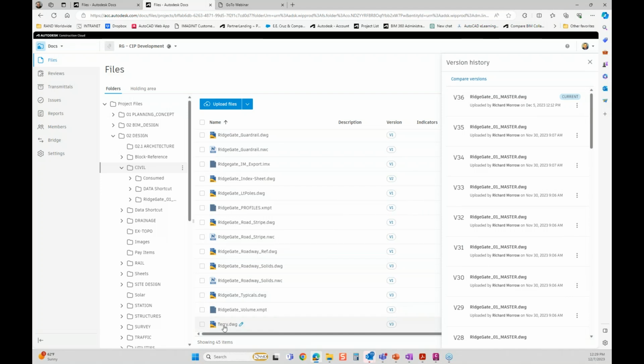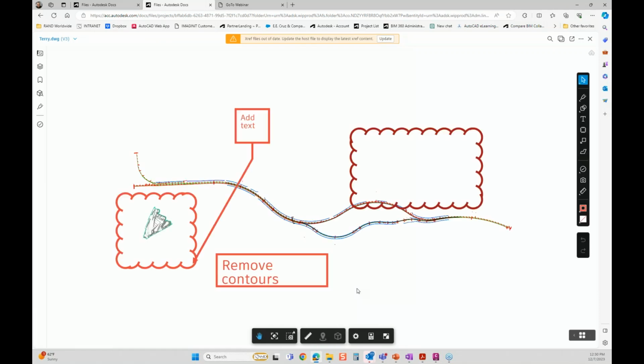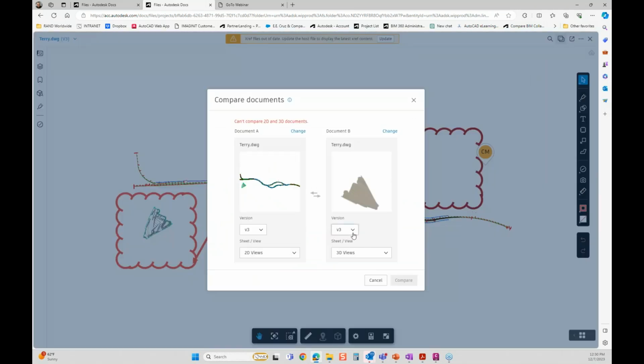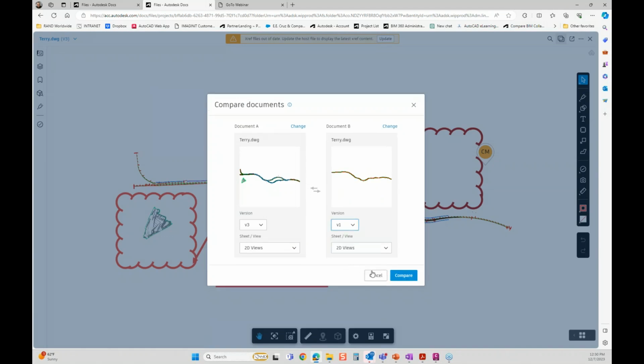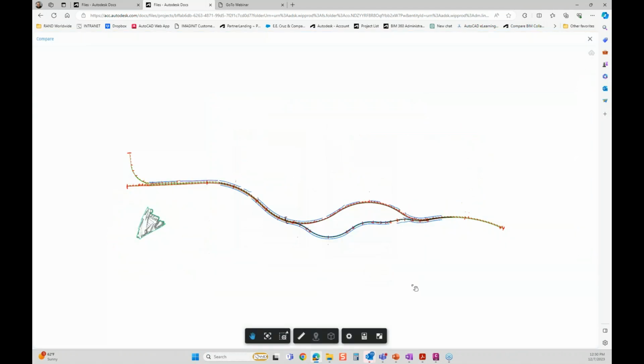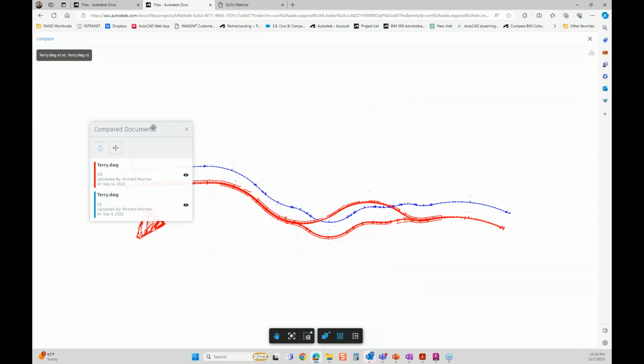If I come down to my Terry version here, I have 3 versions in this, and I like using this project. So I come up here, and this is one where I came in and I just created that, for example, for a client, and I was going through here. But what I can do down here is compare my versions, right? So I can go down here, and this is really neat. And again, this is all Docs stuff that we're doing right now. So if I come in here and look, I can go compare these versions, and you can see right there,